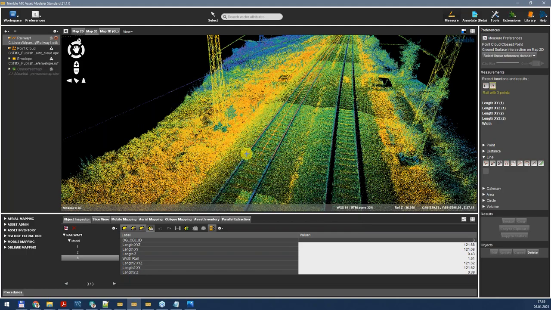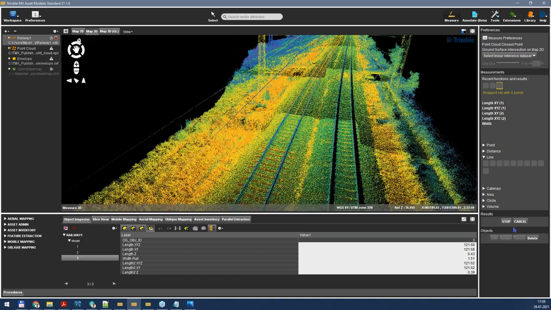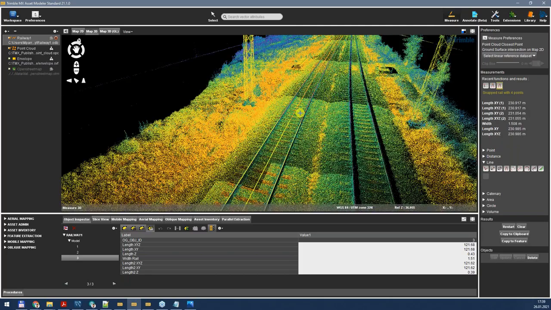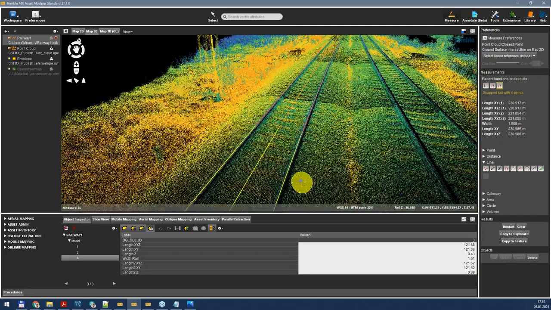And then the measurement will be a first point to snap to the line, second click to define the direction of the extraction, third click snapping to the center line, and the final click snapping to another line. So here the measurement is starting, and now I can also stop it so as not to make it too long. Okay, then